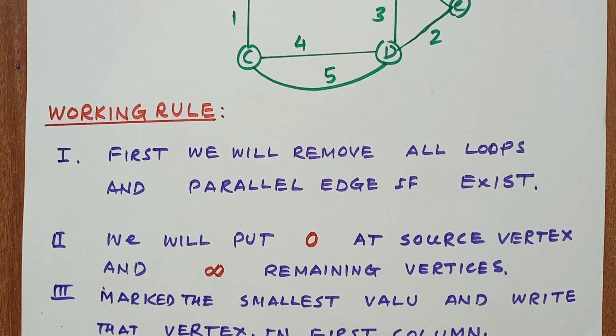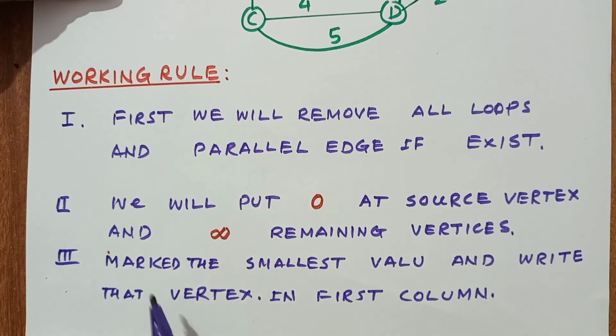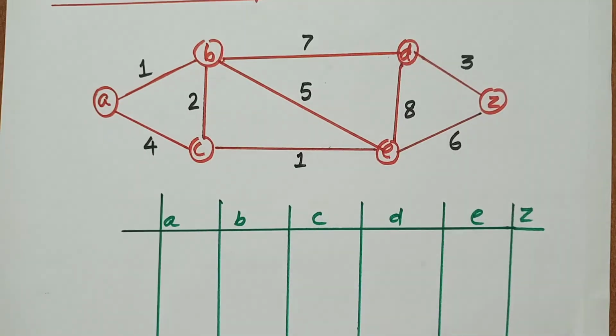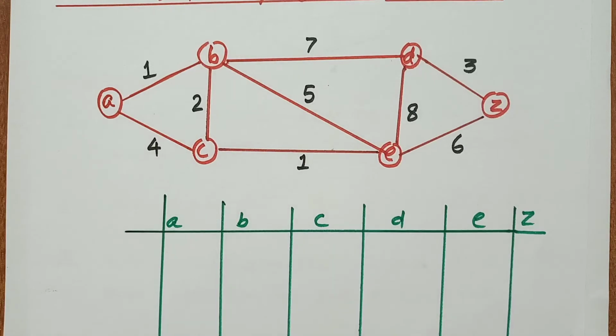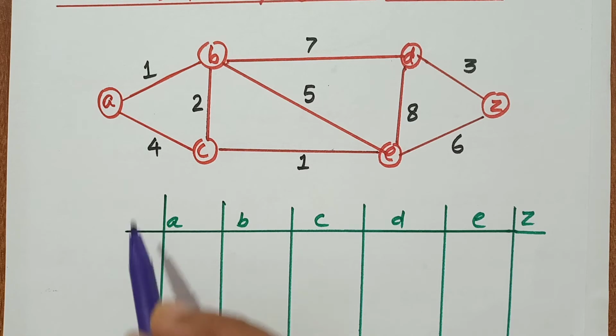Okay, what is the third step? The third step is we will mark the smallest value and write that vertex in the first column. This is the first column. Here we will write 0 at the source vertex and infinity for the remaining, and this vertex we will put here in the first column. Okay, now